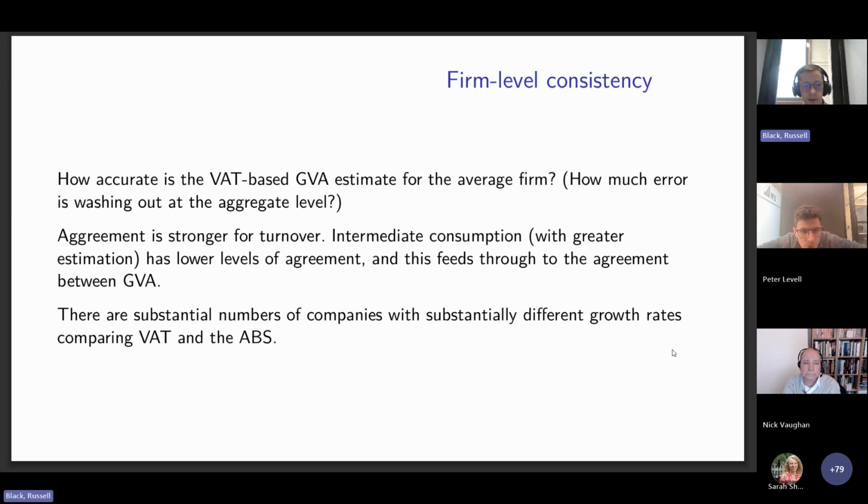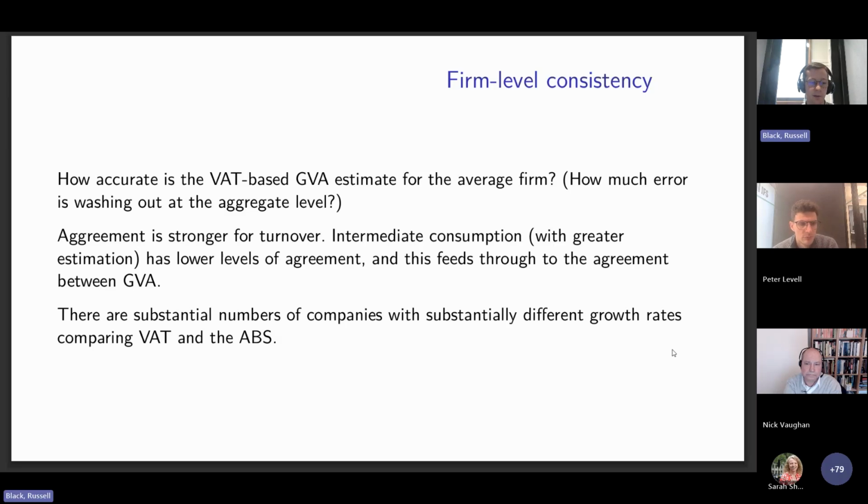There are substantial numbers of companies with substantially different numbers, which is in many ways inevitable. And there are different ways in data processing, especially with the large companies. These are being reported over a large group where large differences can occur, because it's difficult to track just how each entity is coming in and out of the group and how the group is reporting on a different consolidated basis for its annual business survey responses versus the way it consolidates for its VAT reporting.